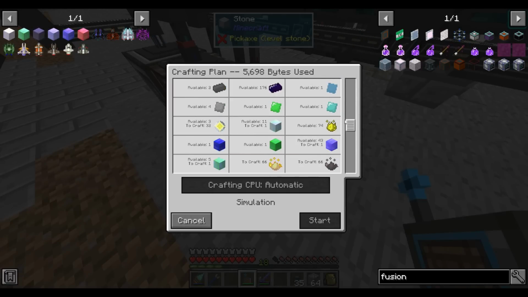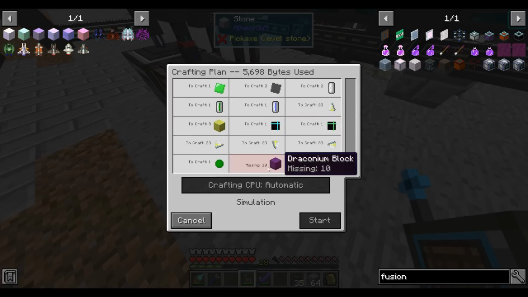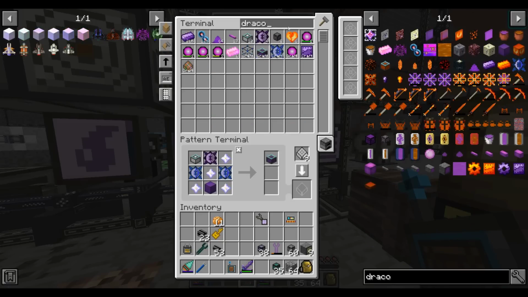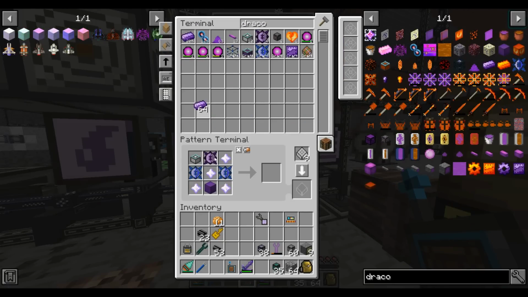Oh, no, we can't. What did I do wrong? I don't have enough compressed with that, and I don't have draconium blocks. Well, one of those is easy to fix. A block of draconium is just...